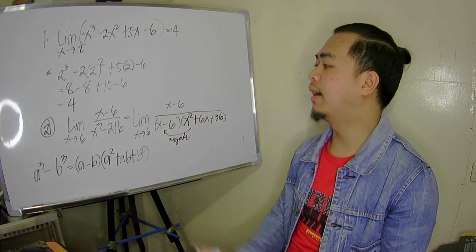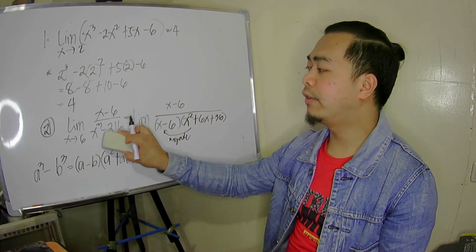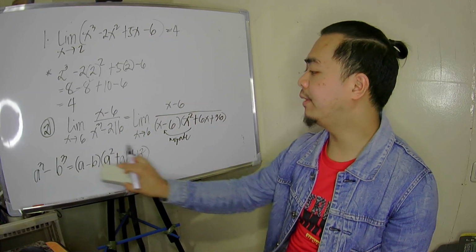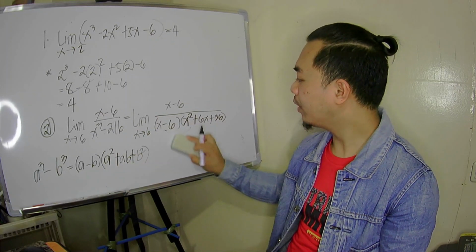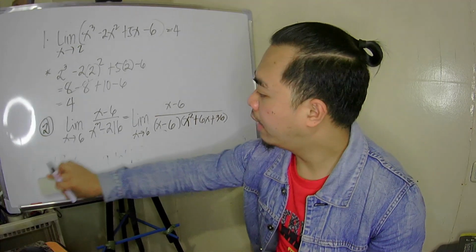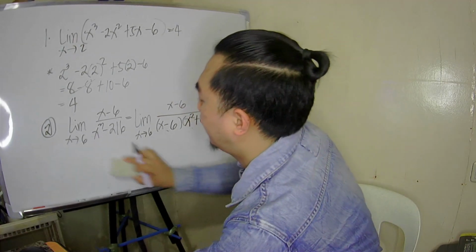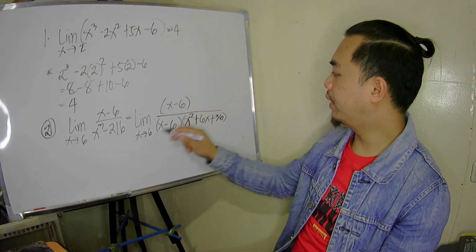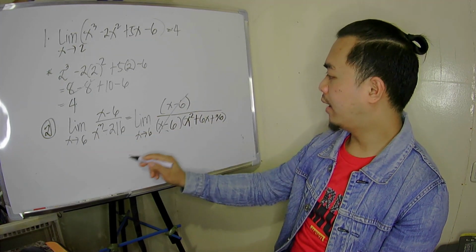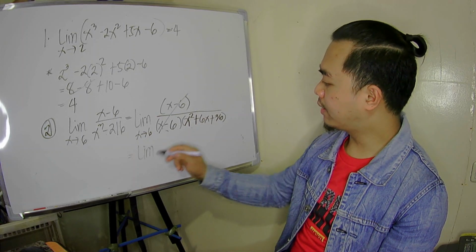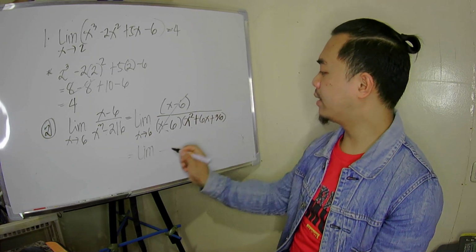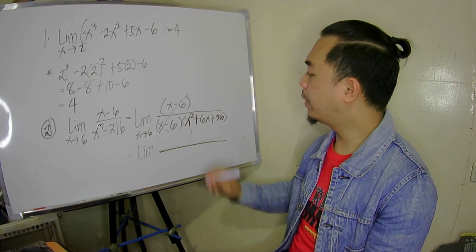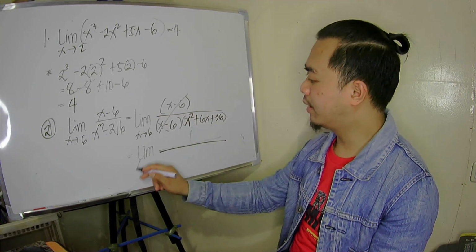Ganun factor ng difference of cubes. Pag sum yan, pwede pa rin. Magiging sum lang dito, magiging minus that. So, okay. Anyway, can we simplify our function if we do that? Yes, because we have a common factor there. Actually, what's left is, anong maiiwan sa numerator? Edi 1 lang kasi nawala na yung x minus 6.